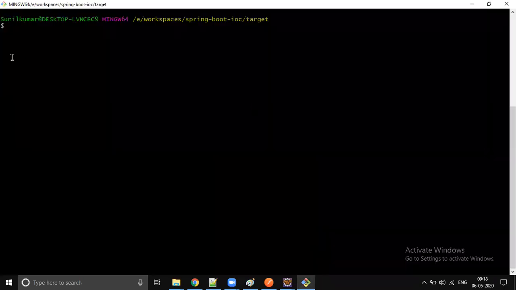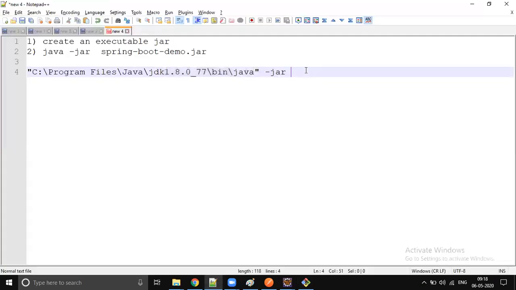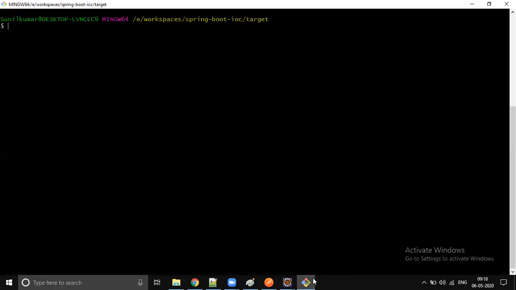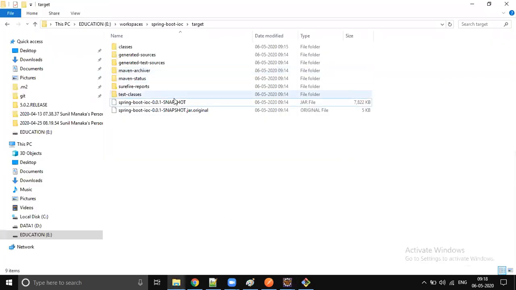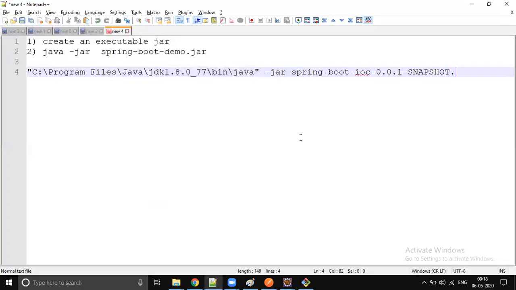If you add Java to the environment variable, then you don't need to give this full path. So this is my Java command, java -jar, and then the Spring Boot application name created here in the target folder. Just paste it, .jar. This is the command we have to use.